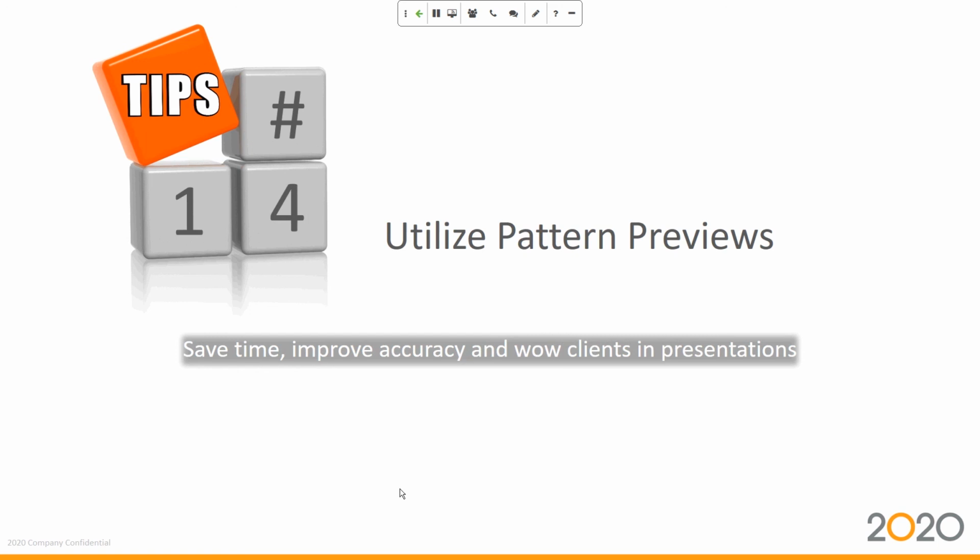Did you know there's actually a preview area where you can click on an image and see what it's going to look like when it's a repeating pattern? This is really important to you, number one, to improve accuracy, number two, to save a lot of time. But at the end of the day, you really just want to blow away your customer so that they buy